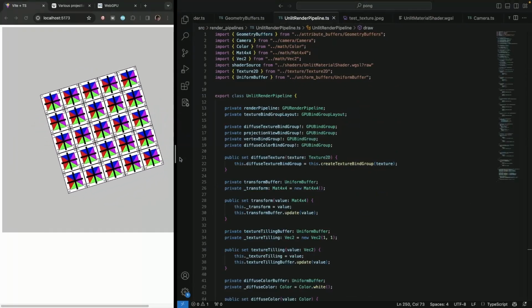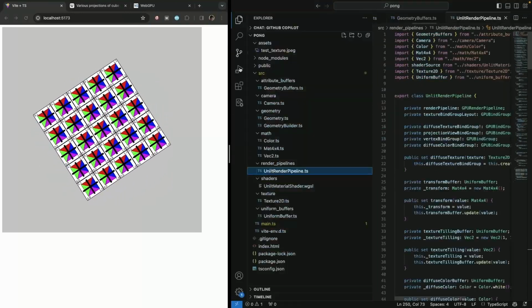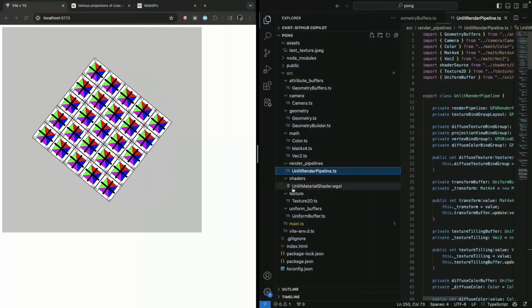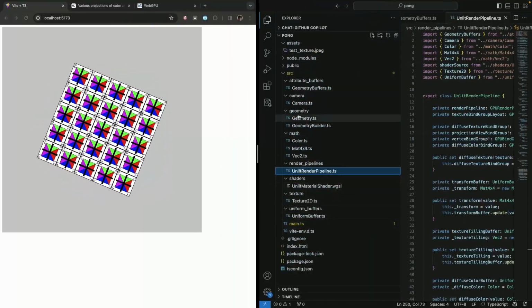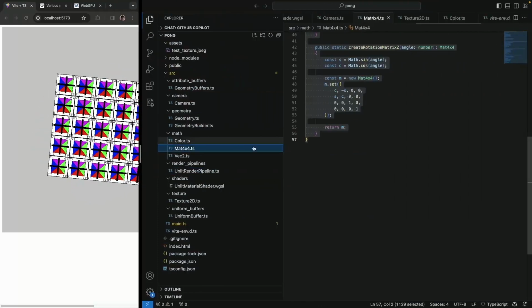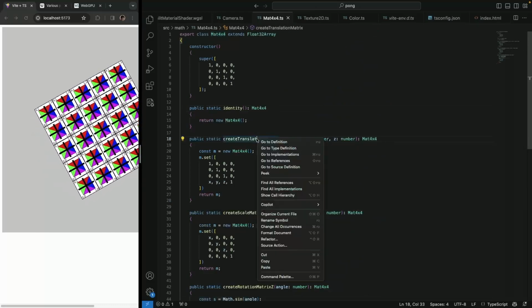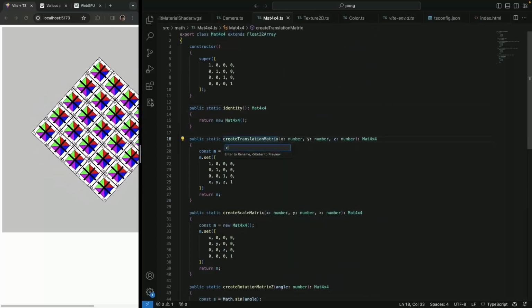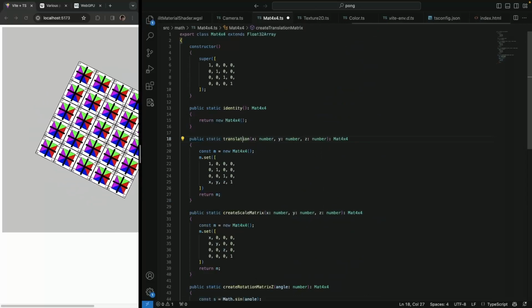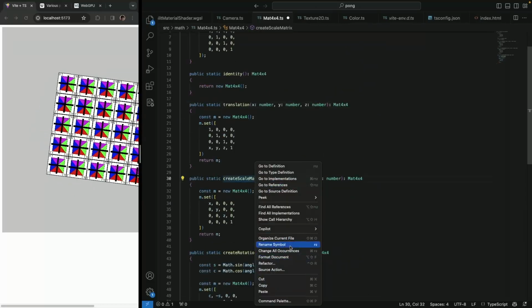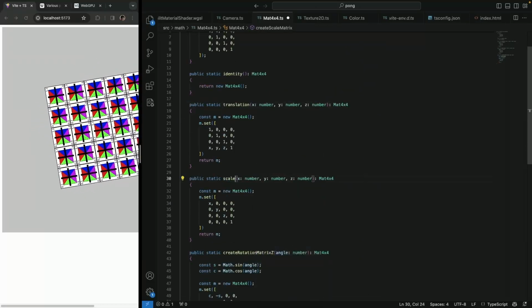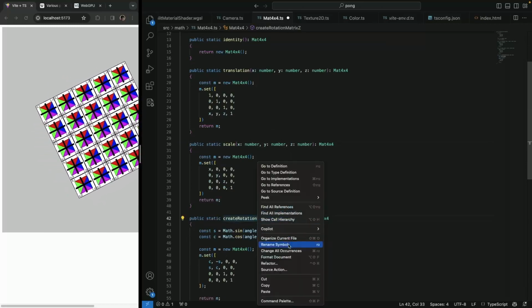So next step, we can just start in our matrix class. And I was a bit annoyed, sorry, by this name, create translation matrix, so I'm just going to rename that to translation, scale. I think it's a bit easier, and then rotation Z,